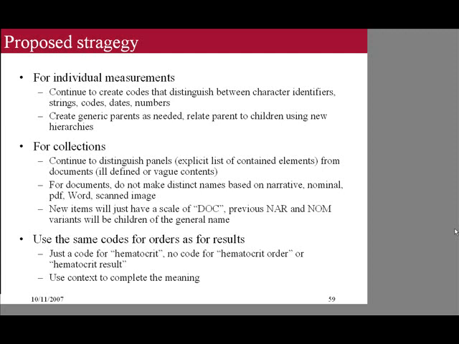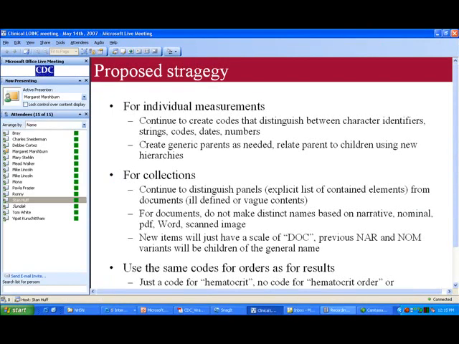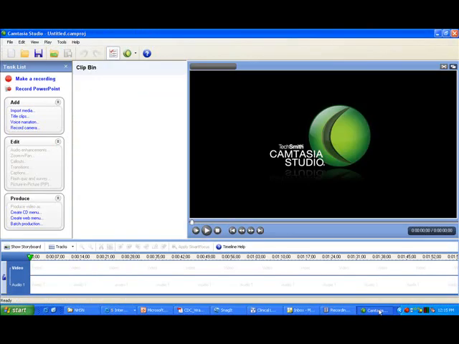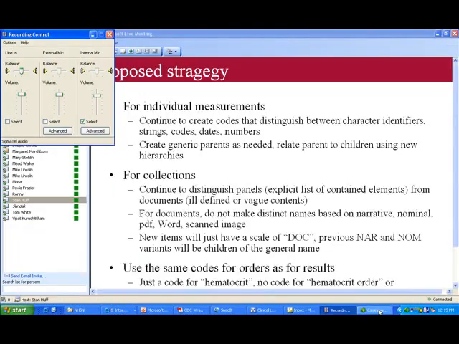What's that? It's on live meeting. If you're connected to the network, you can go into live meeting or